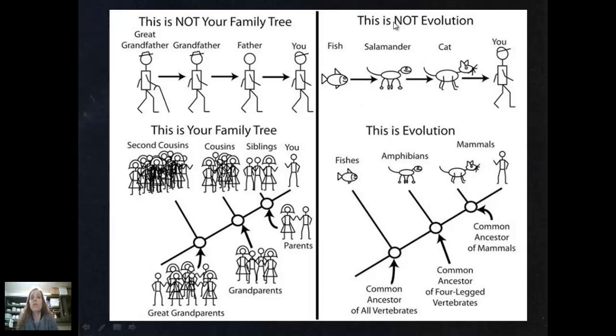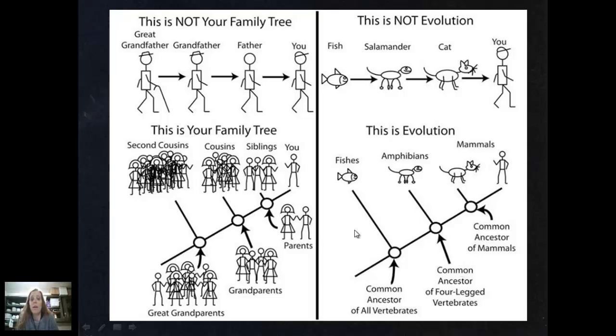Well, this idea is also true for evolution. Salamanders did not evolve directly from fish. They share a common ancestor with fish. And as we learned in classification, what we're looking at in this image is a cladogram. Cladograms are based on shared evolutionary relationships, so shared evolutionary physical traits. So there's a common ancestor for all vertebrates, and from that common ancestor arose fish, amphibians, and mammals, including humans.